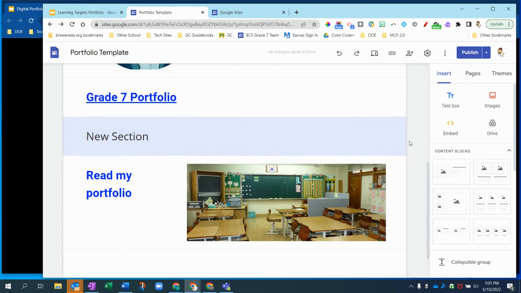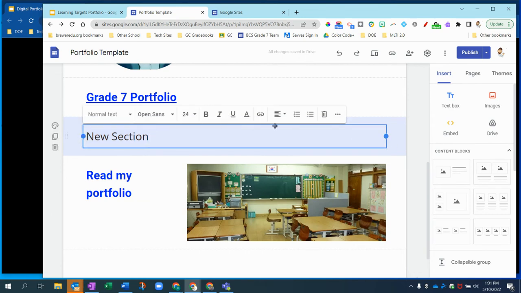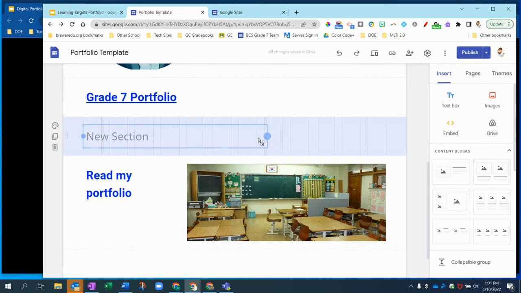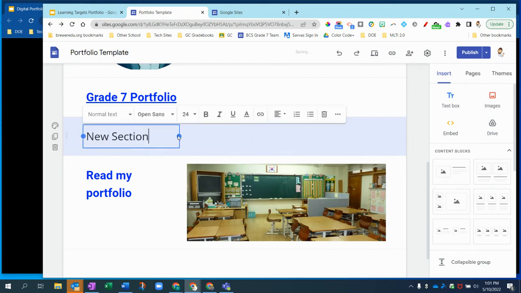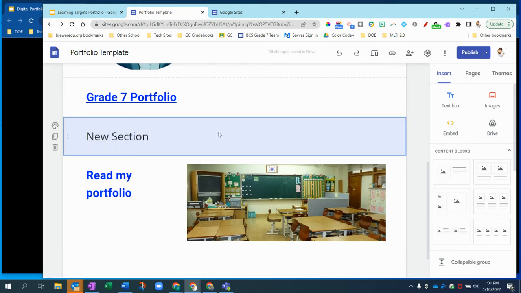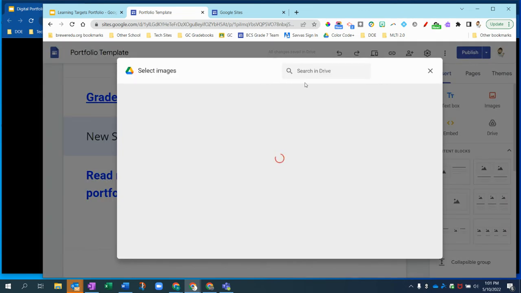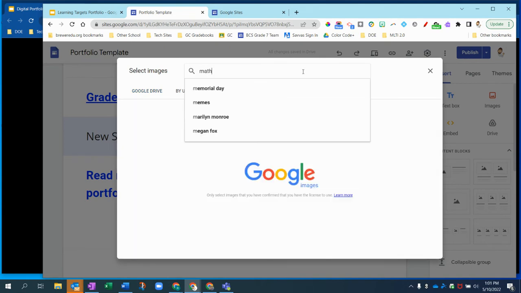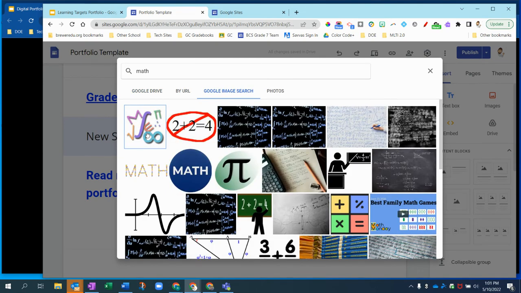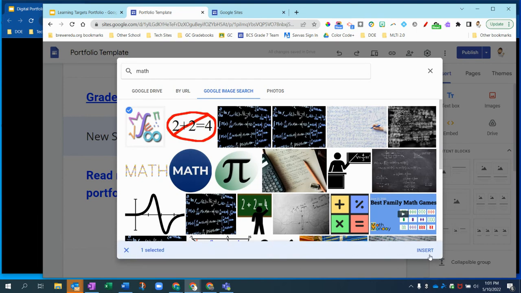If I wanted to add an image, like if I see how this text takes up this whole row, if I wanted to add something next to it, I'd want to shrink that, and now I have all this area over here that I can double click and include. If I want to do a Google image search, if I wanted to include an image there next to it,